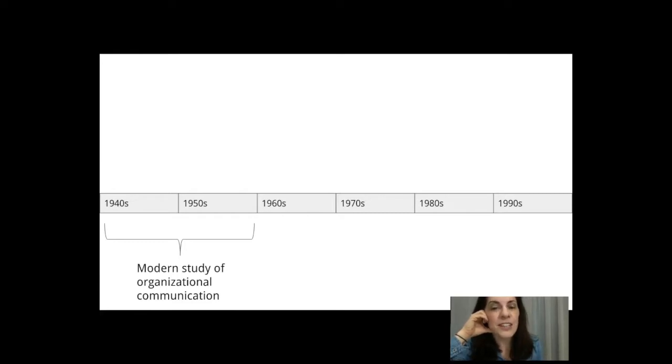People have been reflecting on how we organize together as humans since the time of the pharaohs in Egypt and Confucius in China. The modern study of organizational communication began in the 1940s and 50s. Note, I said organizational communication. People were studying organizations long before the mid-20th century, but the systematic focus on communication as central in organizing is